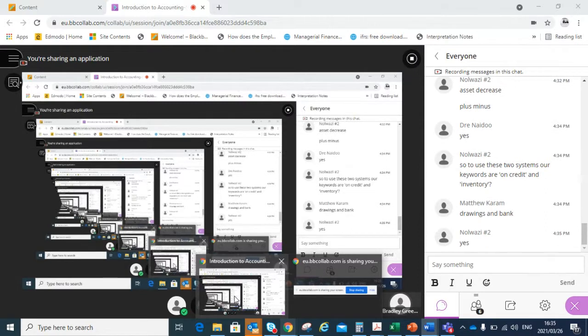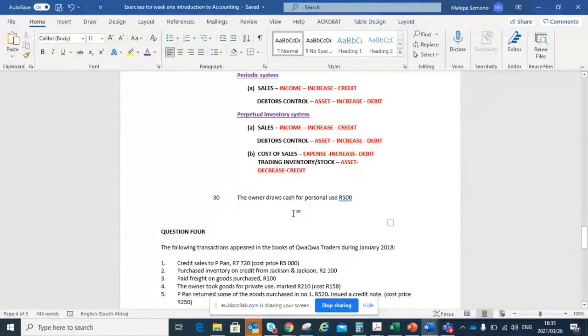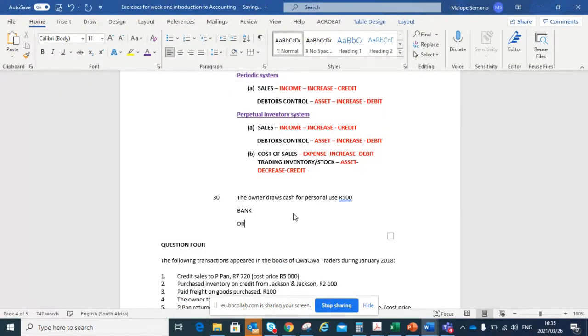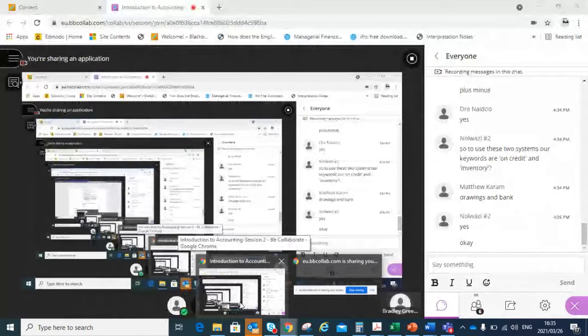Yes, remember for the inventory system, you must check. Obviously, when you sell, you must ask why, because sometimes it's on credit, sometimes it's for cash. And again, when you buy stock, you must check whether you are under perpetual or periodic, because you must know when to call it purchases and when to call it inventory. Yeah, you need to check that you're correct. And Matthew, you are correct. I'm going to have bank and drawings. Please classify for me quickly. What are those? I know bank, it's obvious. I'm going to write it for you. And then what about the drawings? And tell me whether it's increasing or decreasing. Let's see the message. Perfect.